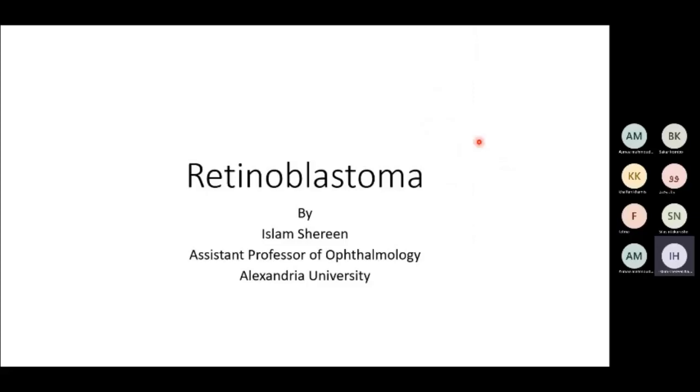There are a few important points that I need to highlight in the subject of retinoblastoma. Of course, retinoblastoma cases are seen and managed by oncology specialists. What's important for us as general ophthalmologists is to know the basics and the background and to not miss a case with retinoblastoma. So we need to be very aware of the different presentations because this is not only a sight-threatening condition, but it may be a life-threatening condition.